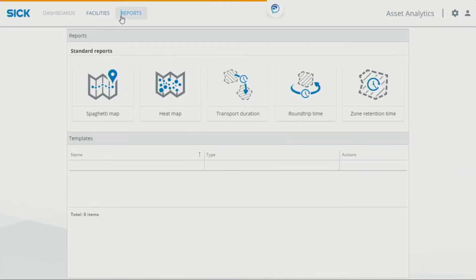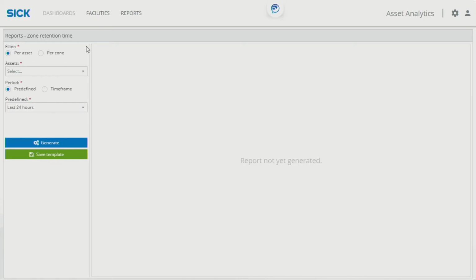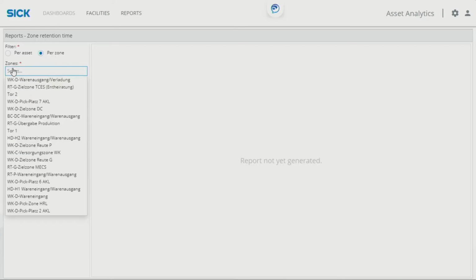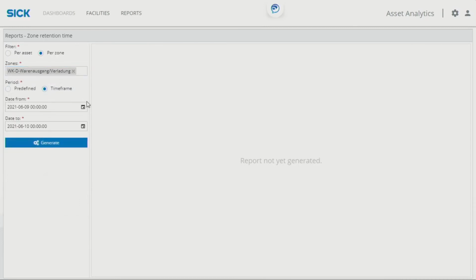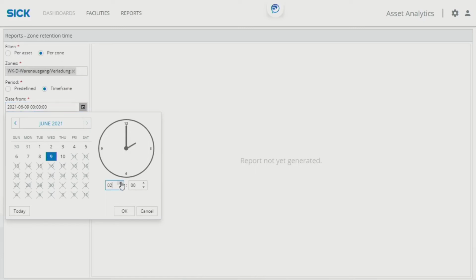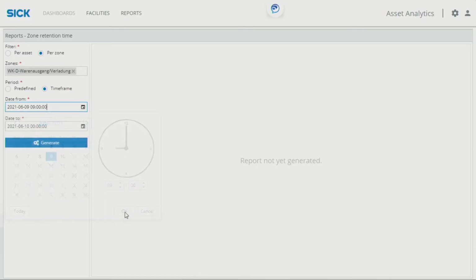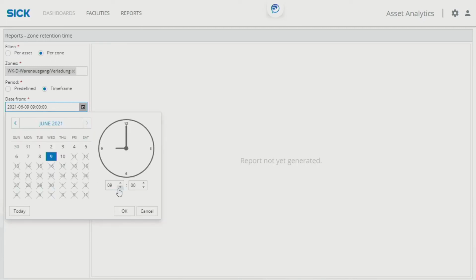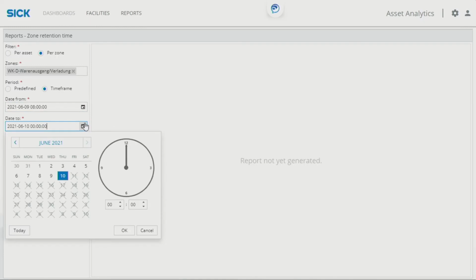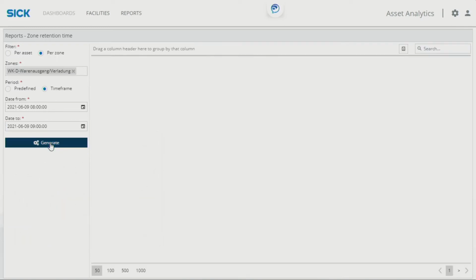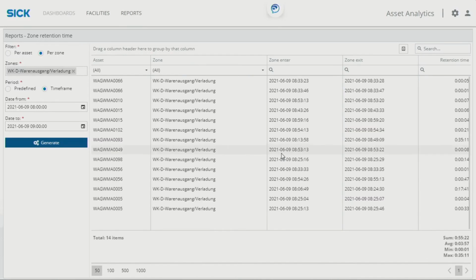That being said, let's see the report called zone retention time. So how long have one or more assets been in one or more geozones. So we will just choose now the report that we want to see, this per geozone, and we will also use the first one, and as before we will choose our user-defined report from 8 o'clock in the morning till, let's see, the 1 hour from 8 till 9 o'clock. And we will generate a report which then actually will give us all information relevant to the geozone,